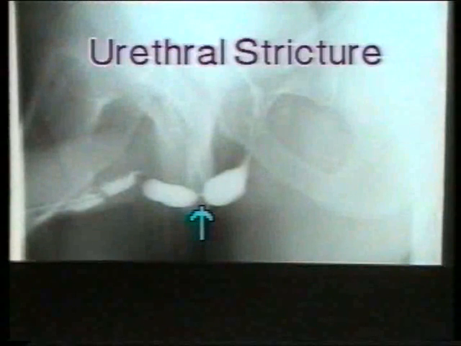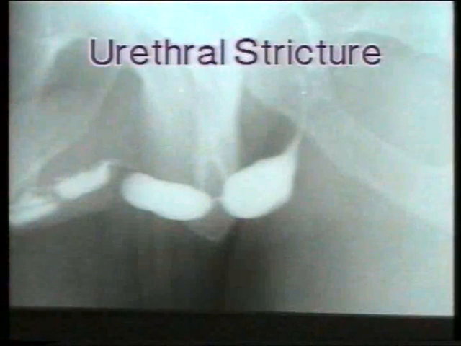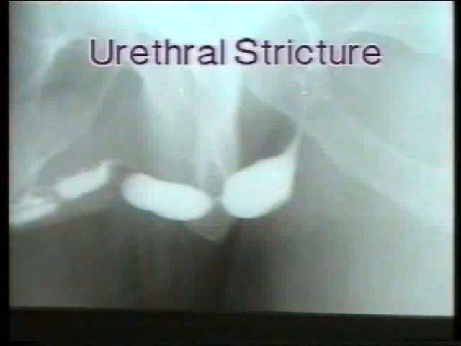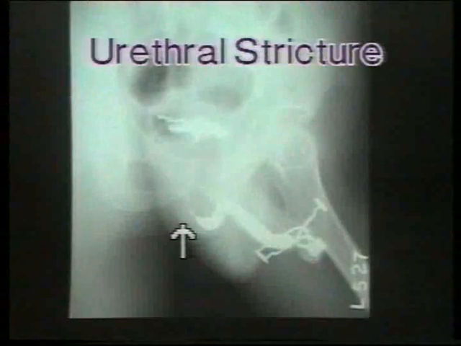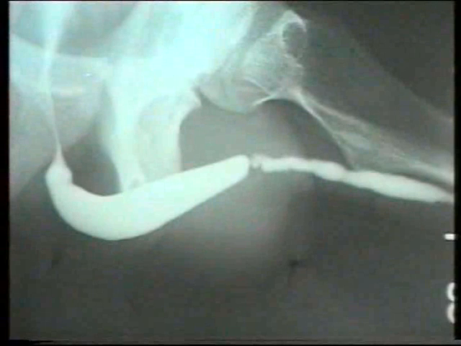A stricture may be affecting a small segment of the urethra or a long segment of the urethra. This is a short segment stricture affecting a very small segment. This is a long segment stricture of the urethra affecting a longer segment. So, after identifying the stricture, you must note the length of the stricture. This is a micturating cystourethrogram showing a short segment stricture of the penobulbar junction with dilatation of the proximal urethra.